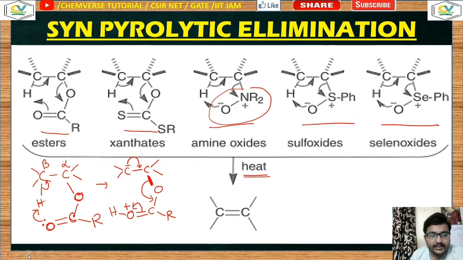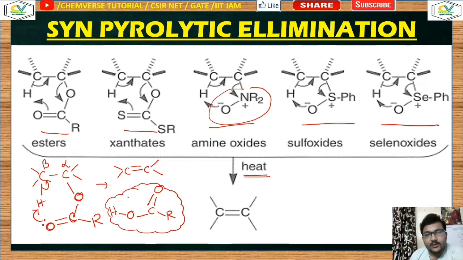As a result, there will be a double bond between these two carbons, and here a double bond between C and O, and it is nothing but your carboxylic acid. So your byproduct from this ester is nothing but a carboxylic acid. So this is happening. Now I can write it in the concerted manner, to show what actually happens.